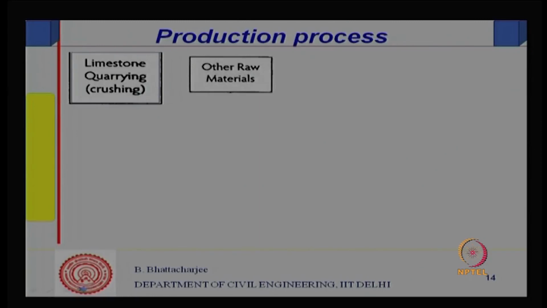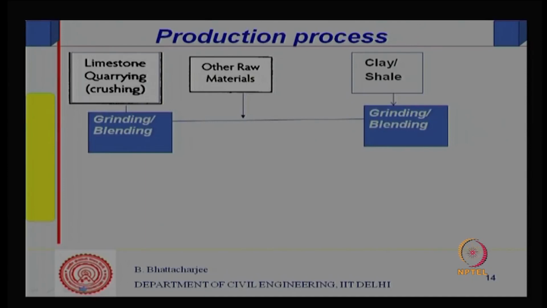Right. So, diagrammatically if I look at this production process, you will have limestone quarrying, maybe some other raw material you might be adding as fluxes and things like that to control the clinker formation temperature, and clay or shale is the other one. These two together will be ground and blended to get a uniform mix, and all these are mixed together to get a final blend, which I can store somewhere, have a raw mill which I can feed now to the preheater